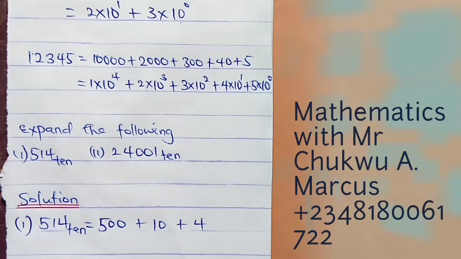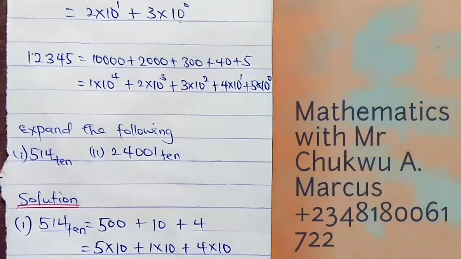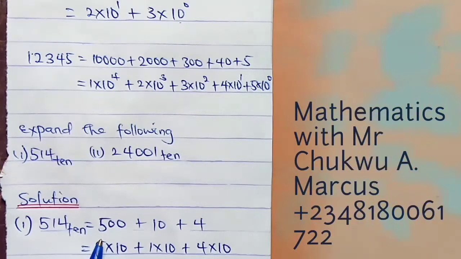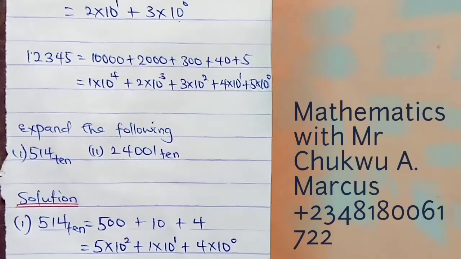Normally, I'm supposed to write all these values out, but we are going to use a faster method rather than writing out the value like this. What we need to do is to spread the values and multiply by the base here. Look at what I'm saying here. For us to know the digit that will have 10 with power 0 or 1 or 2, we start from the right hand side, inserting the value 0 we have here. You see the way I fill this? Now from this place, we have what we call expansion. I'm going to use this method in the second example.